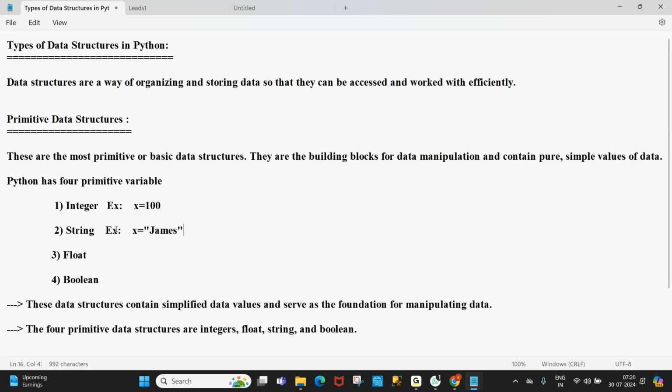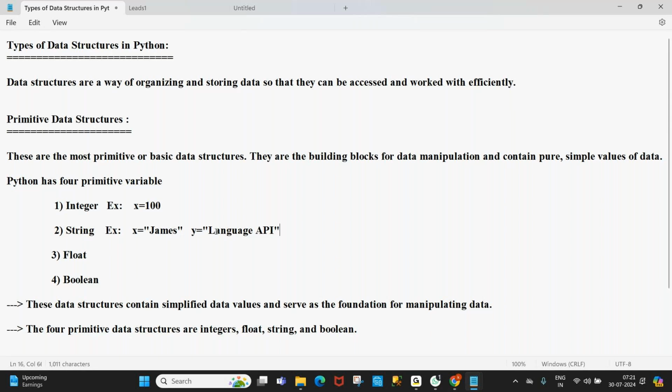A string is always enclosed in double quotes or single quotes. Otherwise you can declare one more variable, y, equal to language API. It's a string.